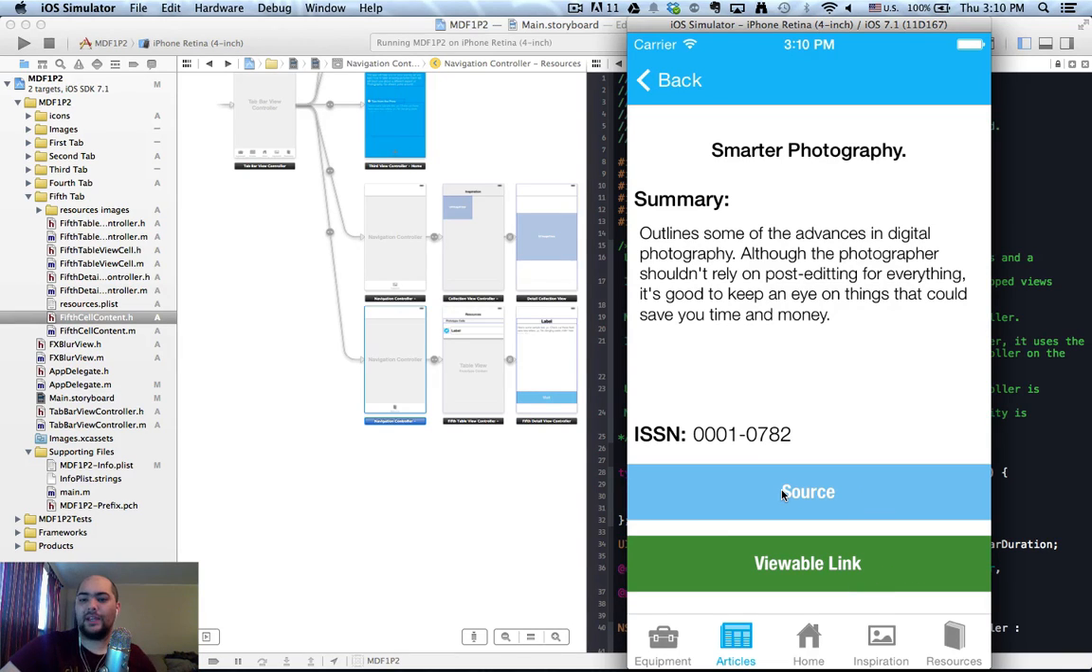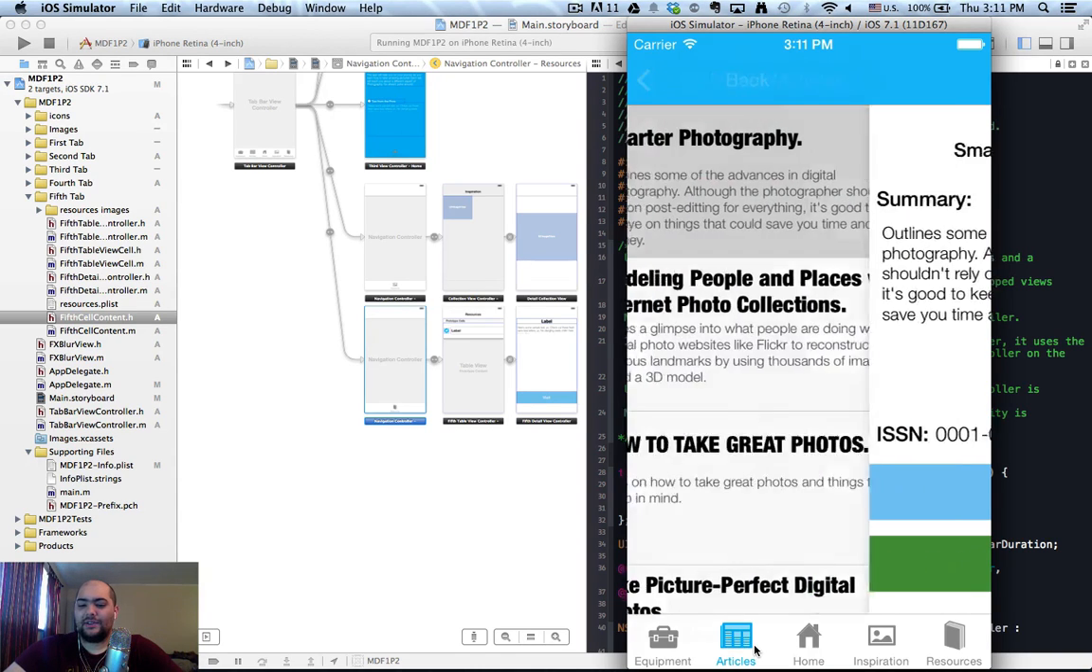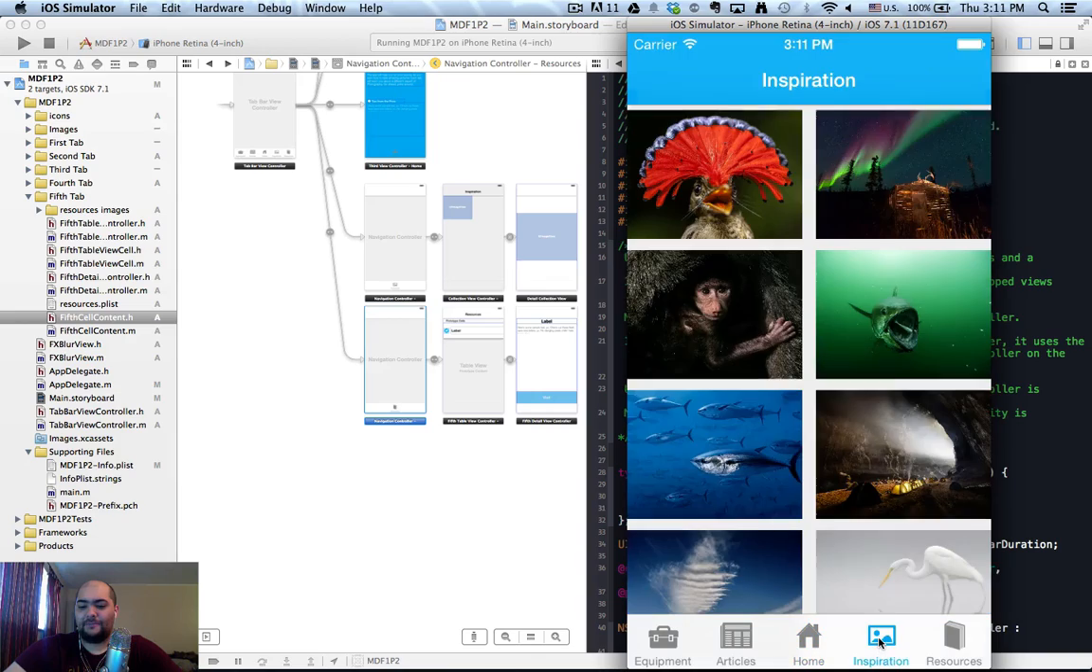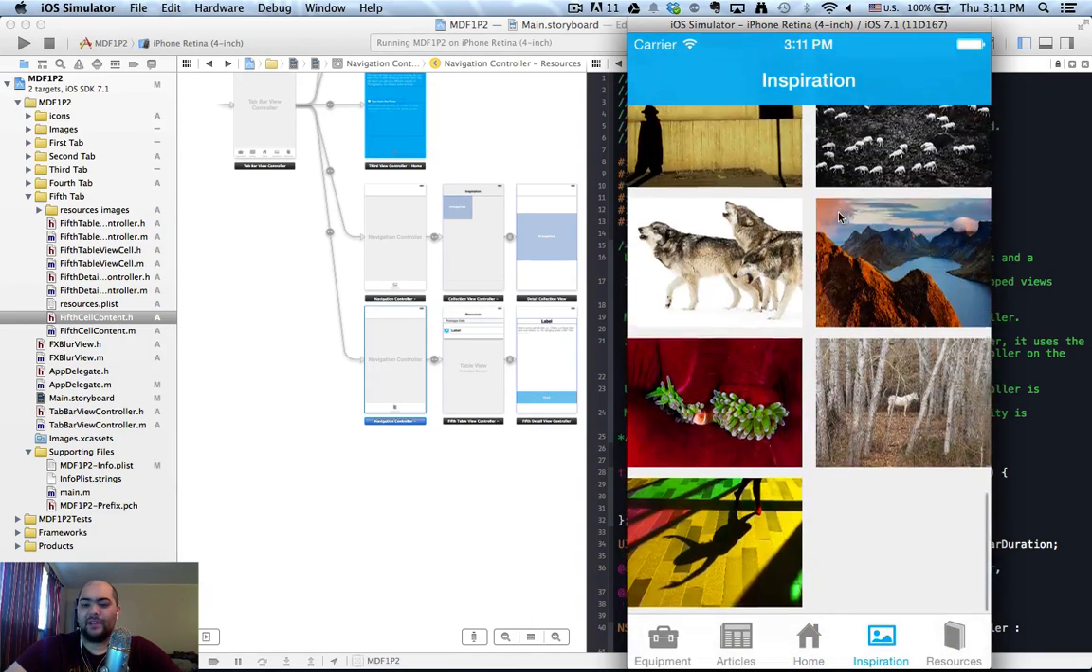Source will go to the link on the Full Sail database, and the viewable link is just a Dropbox link where I have the PDF. I tried to pretend it was a real app and would be useful for some reason. So that's that. And inspiration, this is the National Geographic photo of the day